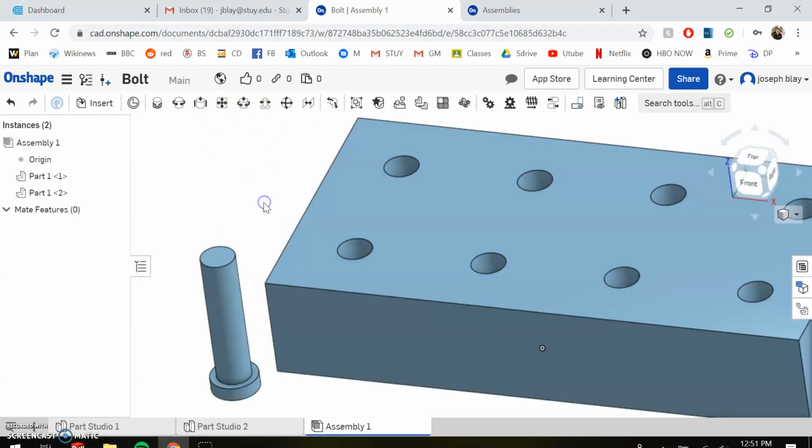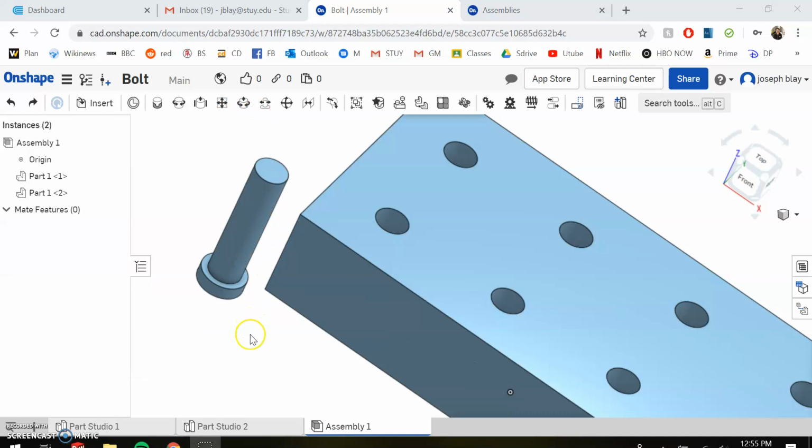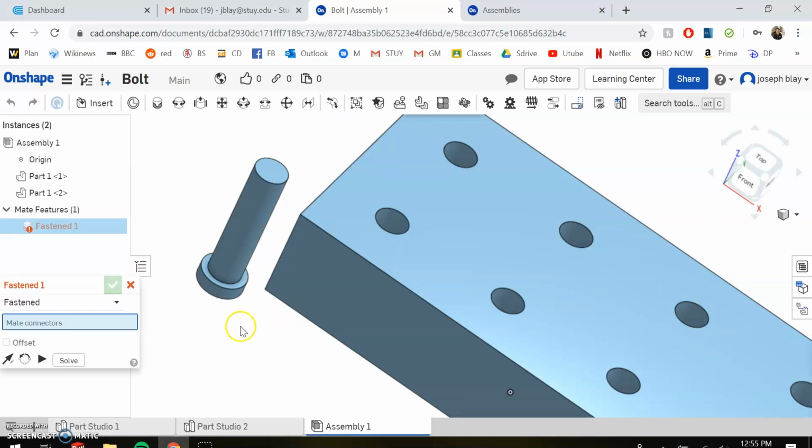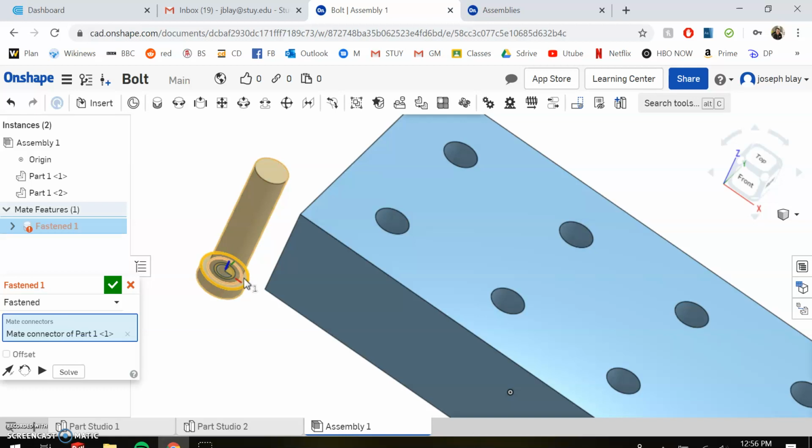So I'm going to hit M on my keyboard, and then once I hit M, I'm going to select the surfaces that I want touching and see what it does. So I'll select here, and I'll select here. So I want to wait till this pie chart looking thing pops up,